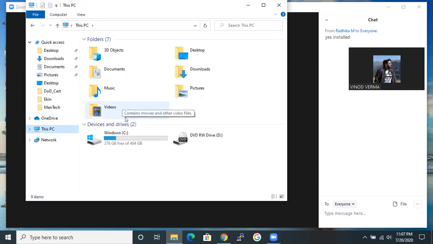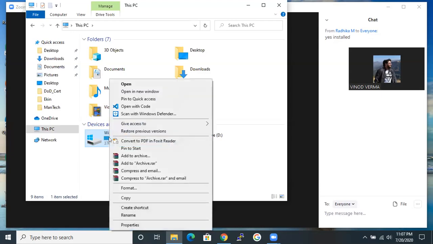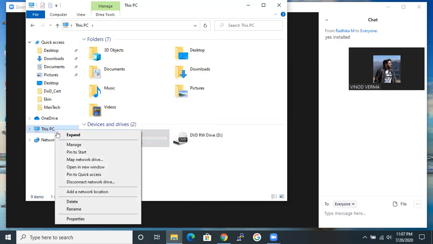So go to the C drive. We'll check that once. Wait. Let's see what your RAM is. Okay. Don't change that. Leave it. You just click on this PC. Right click on this PC. Sorry. Click on the properties. Go to the properties section.